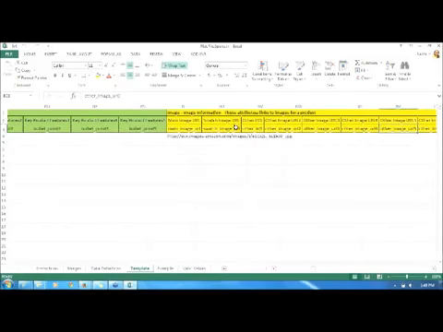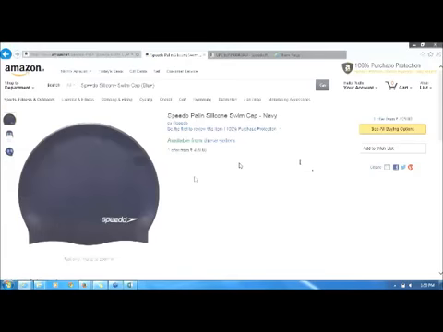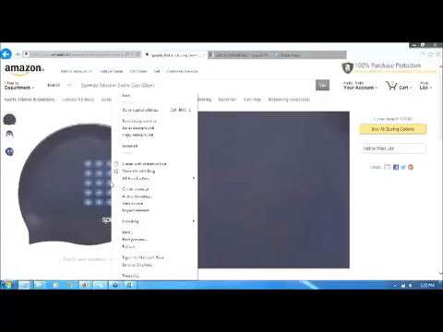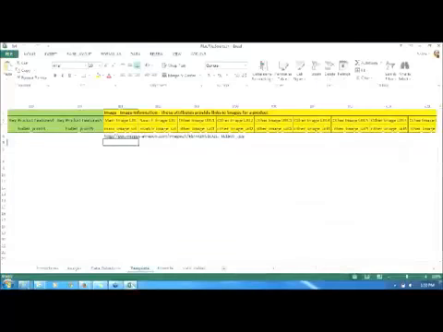We need to enter the main image URL. The image URL can be derived in the following way. The image that has to be put in the Excel sheet has to be in .jpg format. So what we do is we right click on the image wherever the image is located, be it on your site, on other site, wherever it is located, we try to copy it from there and then we copy background. From copy background we get the link in .jpg format and we paste it here.